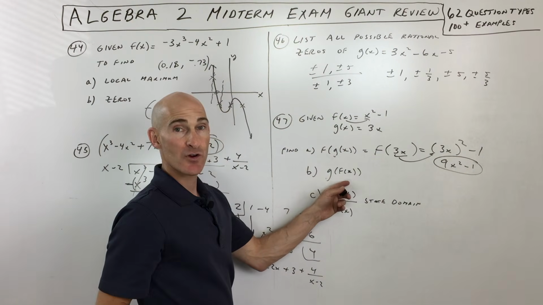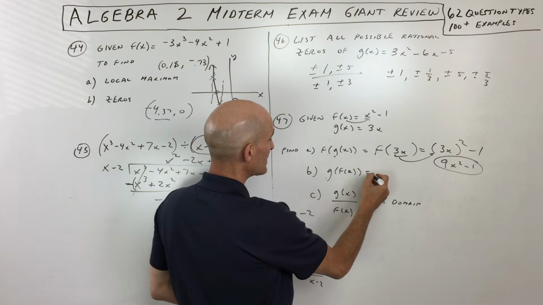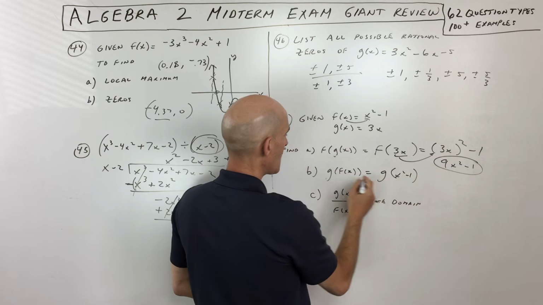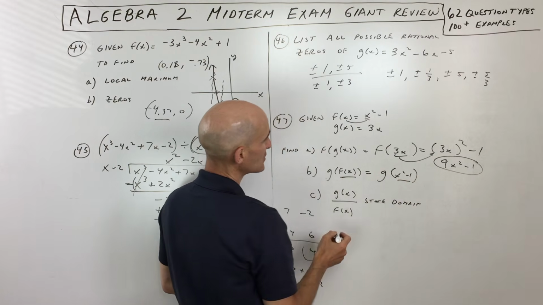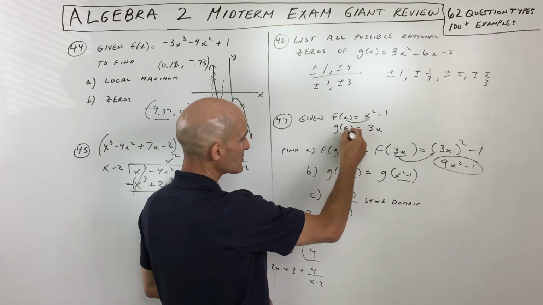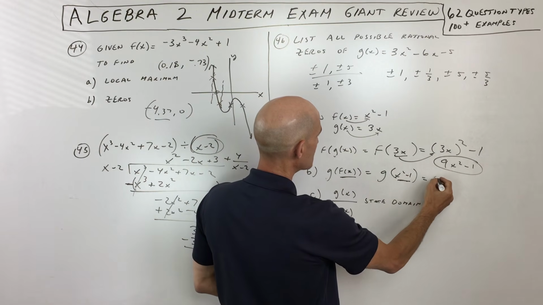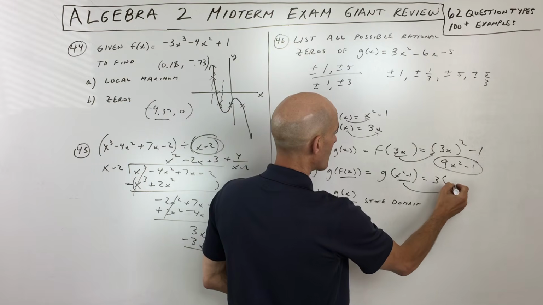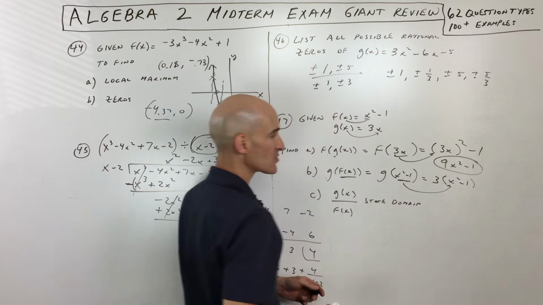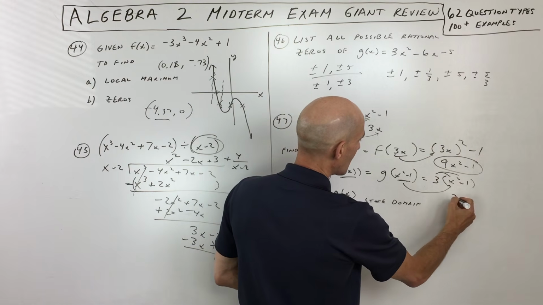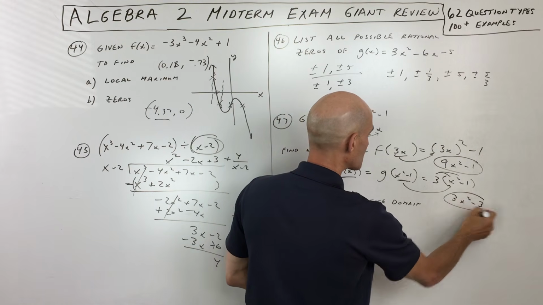Now this one is the reverse. We have g of f of x. So again, I would like to take it in steps. I'm going to take f of x, which is x squared minus 1. I'm replacing f of x with what it equals, x squared minus 1. And remember, whatever's in the parentheses in here for our g function goes in for x on the right side in place of x. So I'm going to put x squared minus 1 in place of x. So it's like a double substitution, you can think of it as. Then if I distribute and simplify, I'm going to get 3x squared minus 3.